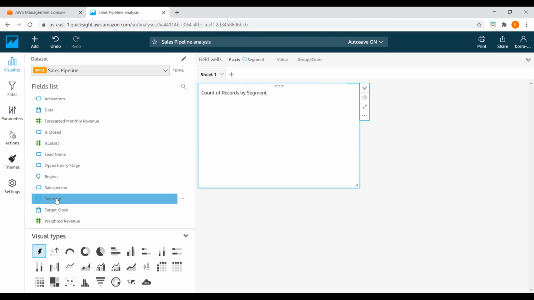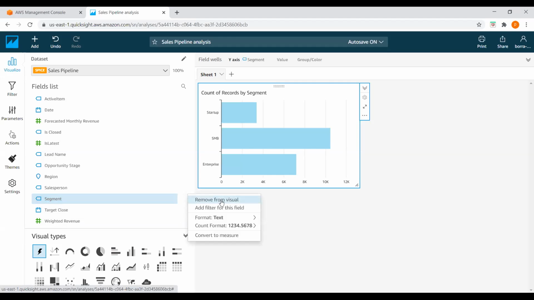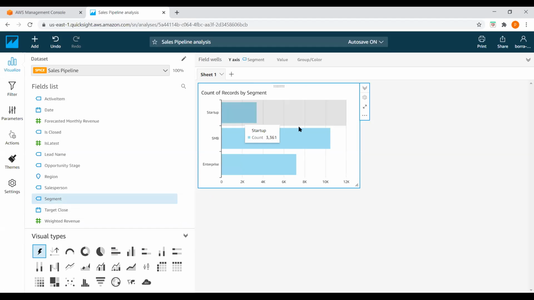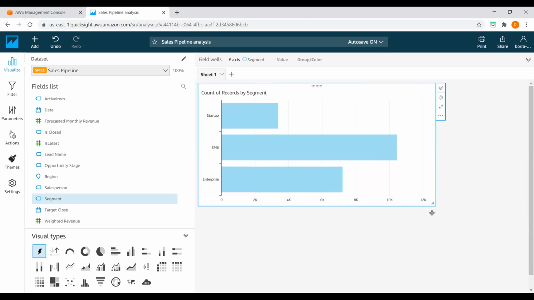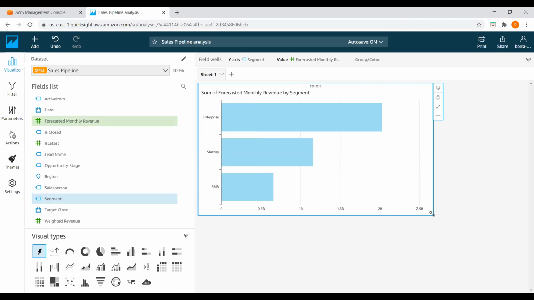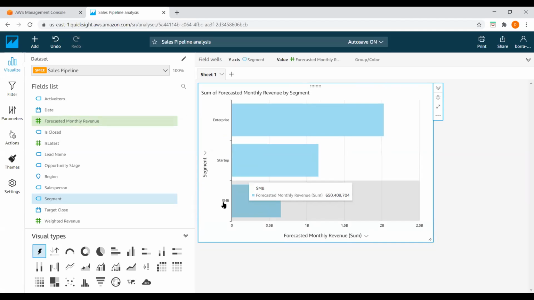and just click on this segment, or you can also remove from visual or add to visual. So now I can see that. I will expand this window a little bit, and here I can see the count of records by segment. Now I want to add the forecasted monthly revenue, so I will go to forecasted monthly revenue and add to visual. So here I can see that my segments are SMB, startup, and enterprise, and here is the forecasted monthly revenue,